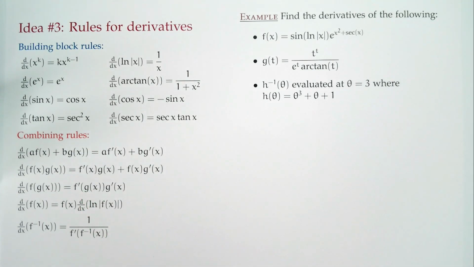If you had f and g and h, you'd have three pieces. The chain rule. And the chain rule is super important, probably the most important rule. A function inside of another function. So how does that work? It says take the derivative of the outside, but leave the inside as it is, times the derivative of the inside. Now the other two, we have logarithmic differentiation, and logarithmic differentiation is really useful if taking the log